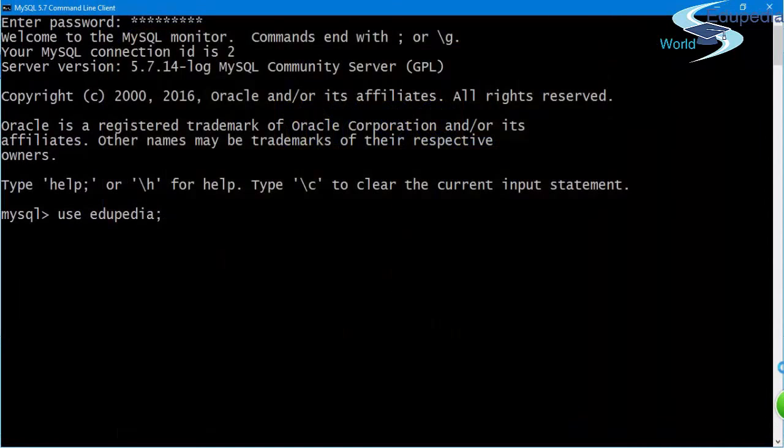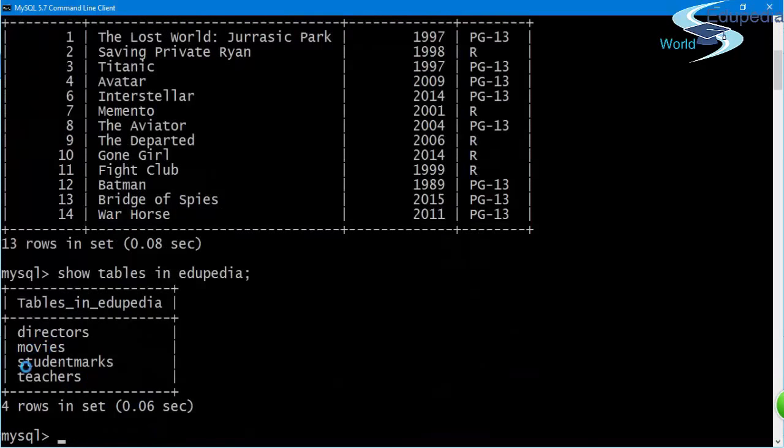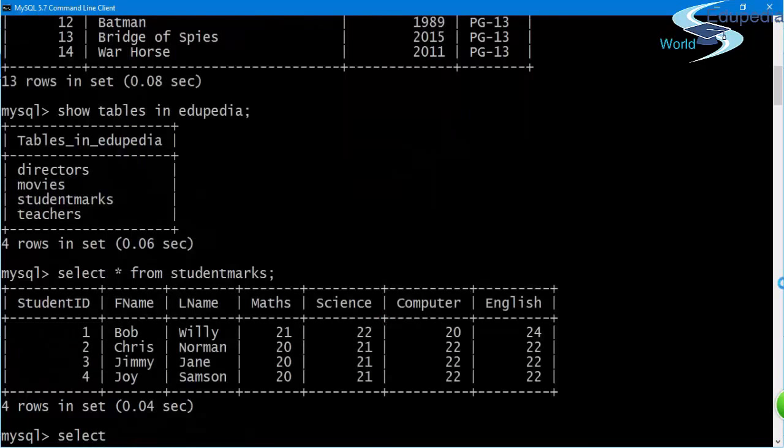So there we are in our command line client. We will quickly select our database. Let us also see what are the tables in this particular database. So we have a couple of tables. Let us select for this instance the student marks. Now let us select, say, first name, last name, and say we want maths, we want science